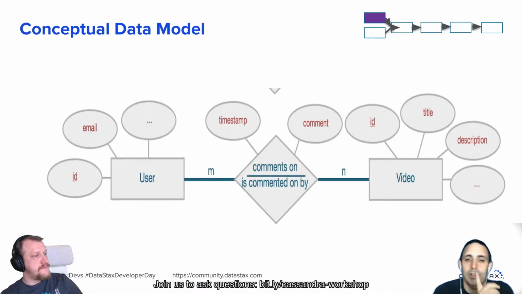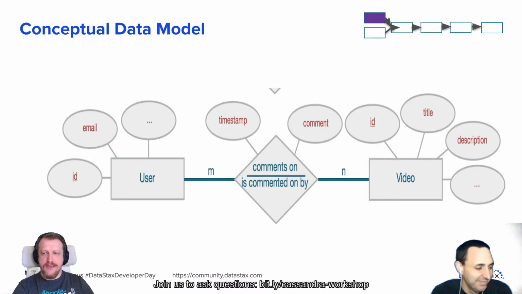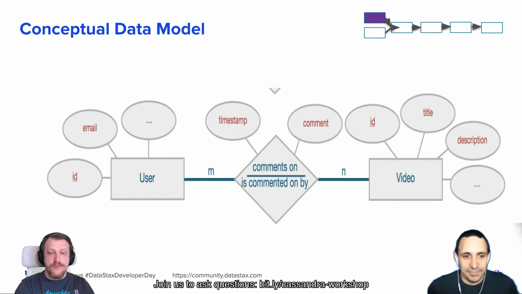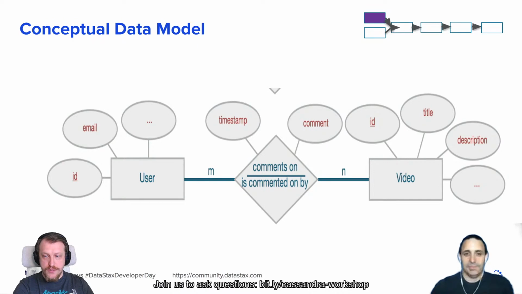No, I just said we told you 10 minutes ago that Cassandra doesn't have joins, okay? And as you can see here, we do have a many-to-many relationship between two entities. So pay attention. This is how we do modelization in those cases. Every user can comment on a video, and he or she can do it multiple times. But every comment belongs to one video. One comment cannot belong to multiple videos. So we have both many-to-many and many-to-one. Good.